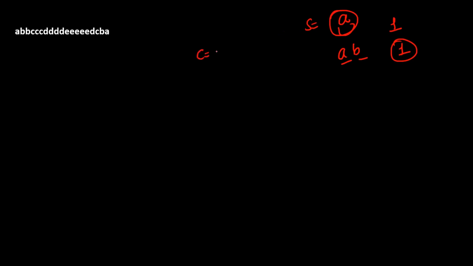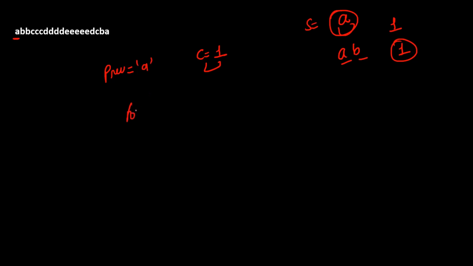So what we'll be doing is we'll be maintaining a count value, that is 1, and we will keep tracking which previous character we have seen. So we'll be maintaining a variable prev, which we are initializing with the first character, that is this A for this particular string. So we have done it like this.